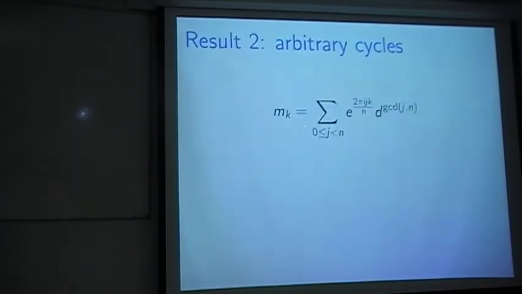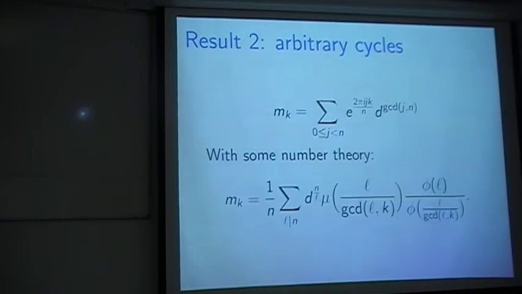So this is the multiplicity. It's a sum of matrices indexed by k, and these are the dimensions of the matrices. Great. You might object that this is an integer, but here's a transcendental number. Maybe you don't like this. So we thought maybe it's easier to compute if we have only fractions. And you can use some number theory, Ramanujan sums and such, and you can get a, well, not that much easier expression, but at least it's all fractions.